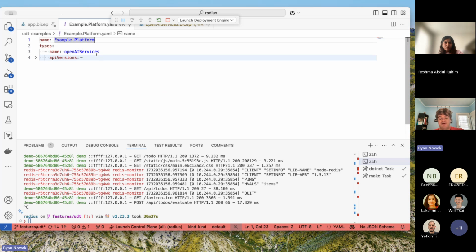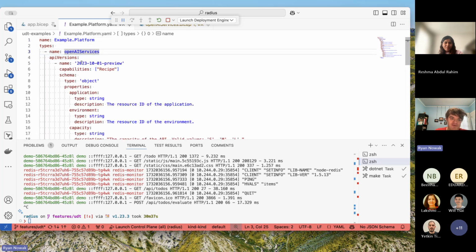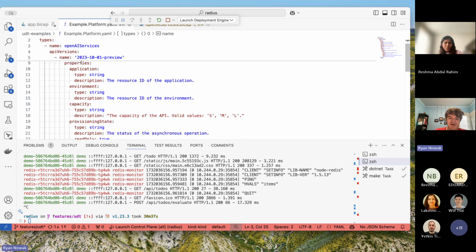I hope everybody can appreciate that I'm going to be saying both OpenAI and OpenAPI. So I'm going to beg your forgiveness as I inevitably get it wrong a few more times. I've got both in this demo. I'm going to define one API version for that. And then here is that